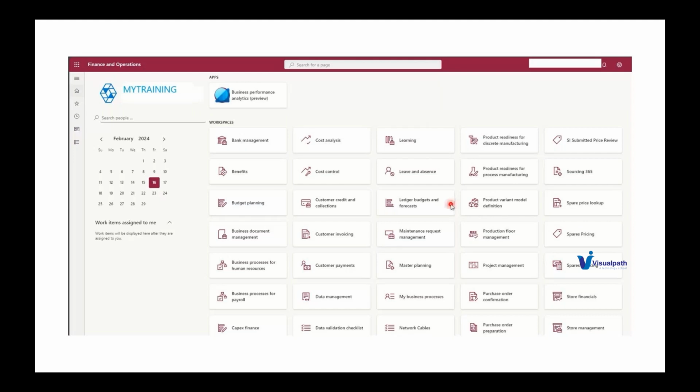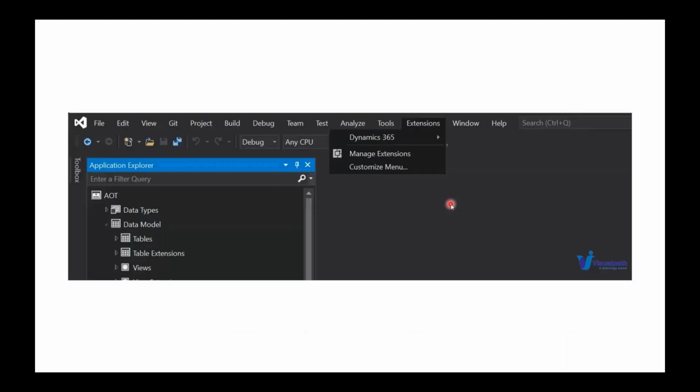Moving on. To do development in D365, you should have Visual Studio. Earlier it used to be called Microsoft Dynamics AX, now it is called D365. In AX they had a different IDE, but now in D365 they use Visual Studio. Visual Studio 2017, 2019, and now I think 2022 is also supported. To do development in Visual Studio, you have to install a D365 extension.